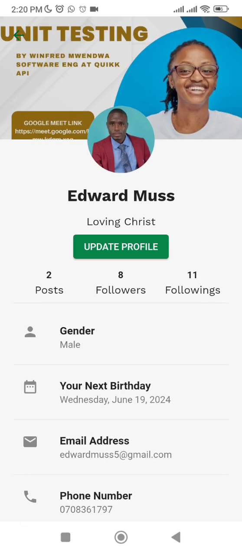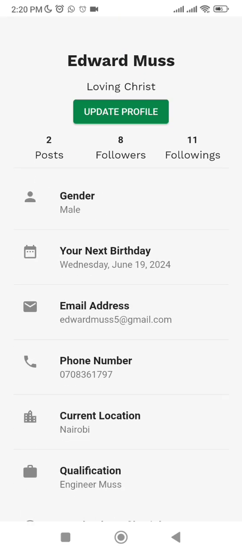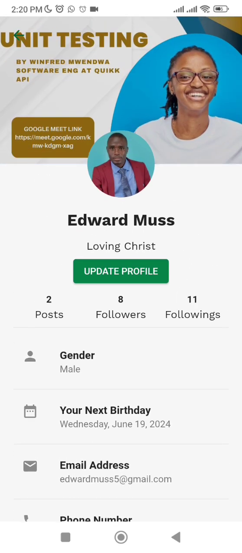But now I'll focus on birthday, because your next birthday will be used especially to send a birthday message or a birthday email to your email and to your phone number. So ensure that you input the correct email and the correct phone number here, so that when it's your birthday,